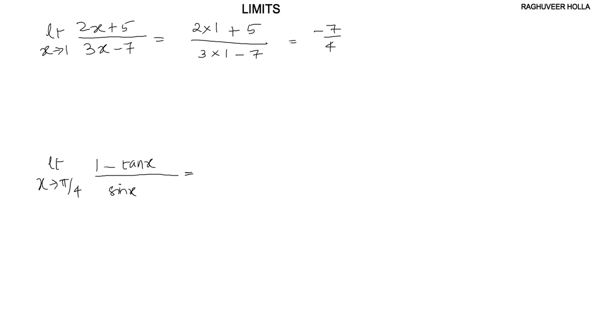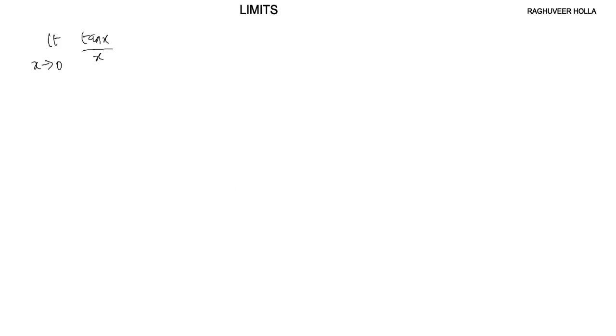Now limit as x tends to pi/4, (1 - tan x)/sin x. Now this would be 1 minus tan(pi/4), which is 1, over sin(pi/4), which is 1/root 2, so this results in 0. Okay, now